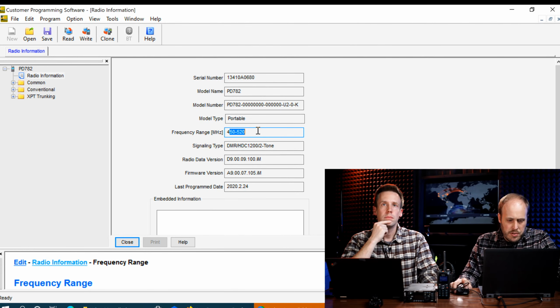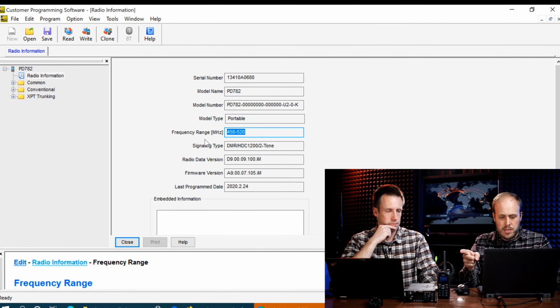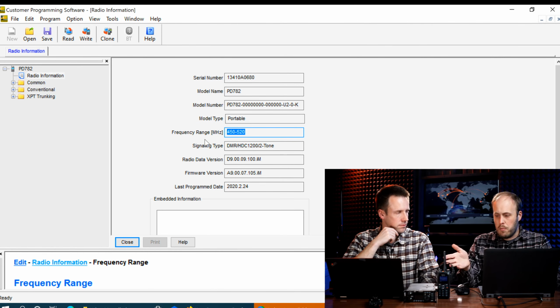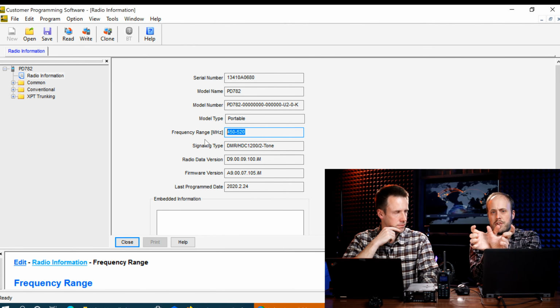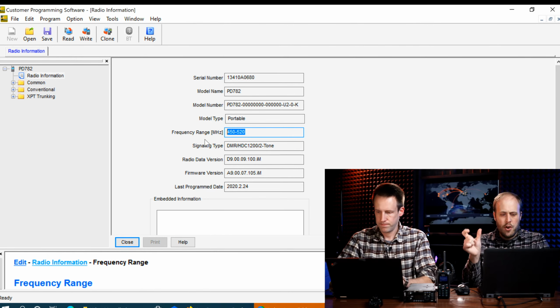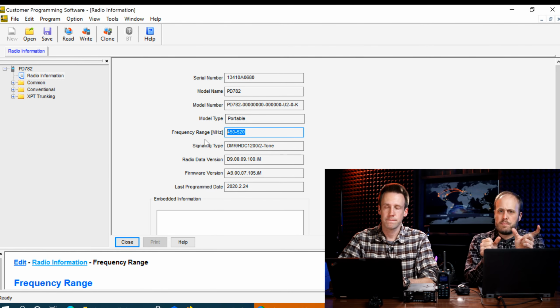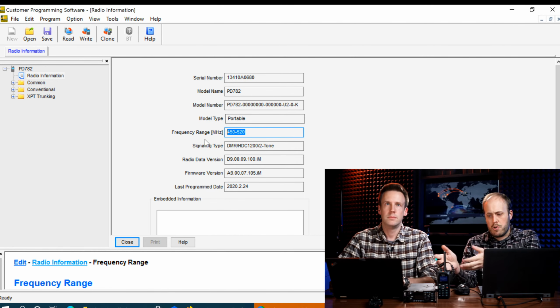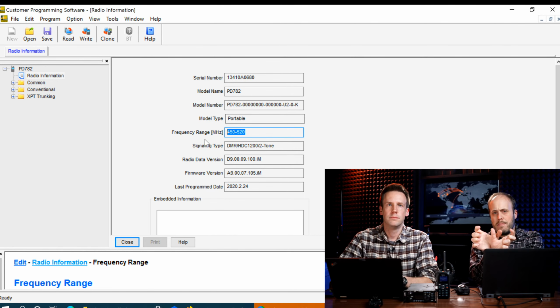It tells me what its frequency range is. They sell these in 2 different frequency ranges. They call them U1, like with UHF, U1 and U2. And basically, they have overlapping coverage. Like one goes from 400 to 470, and the other one's 450 to 520. And one of them is better for ham radio usage, and one of them is more commercial. But they both overlap in the middle there and can do the traditional business licenses that are available.